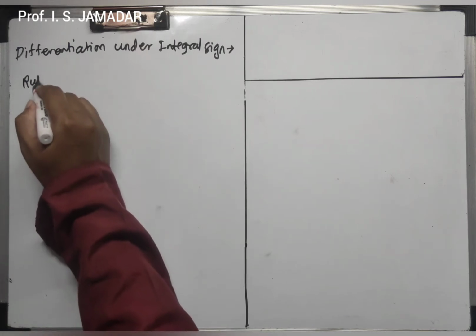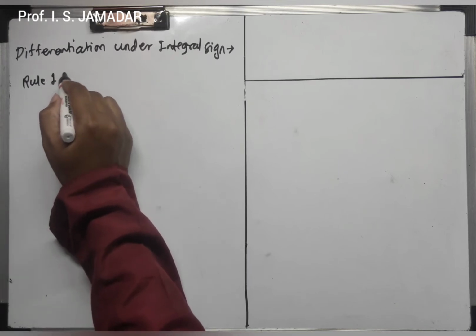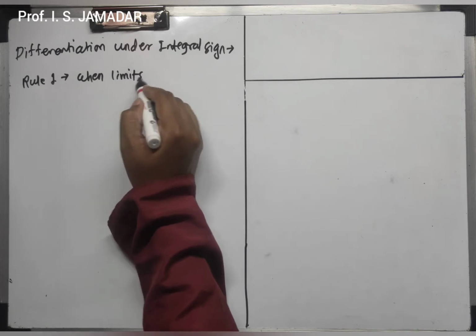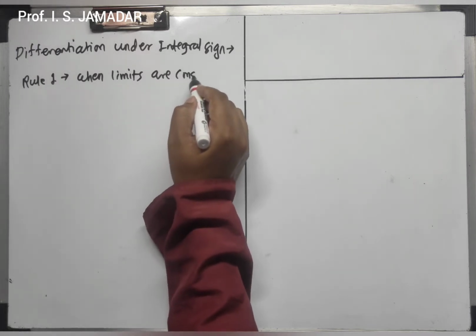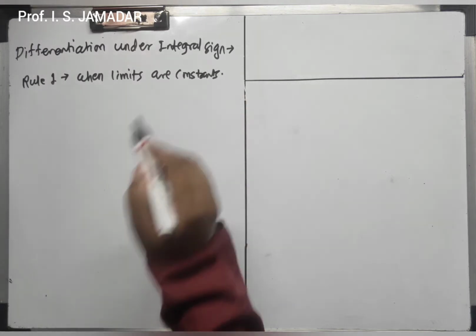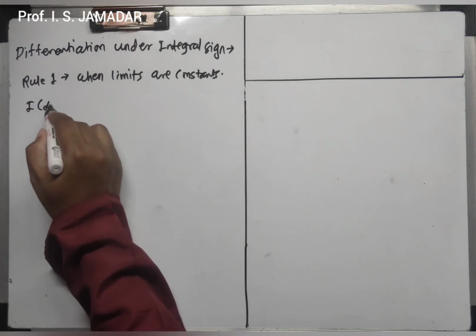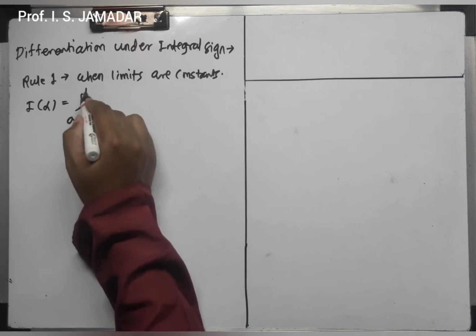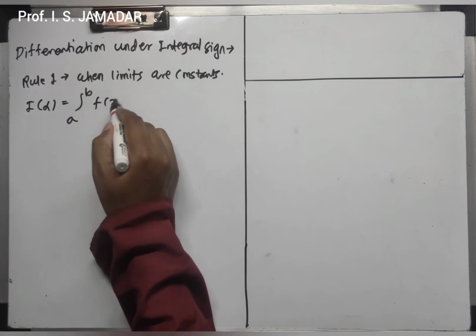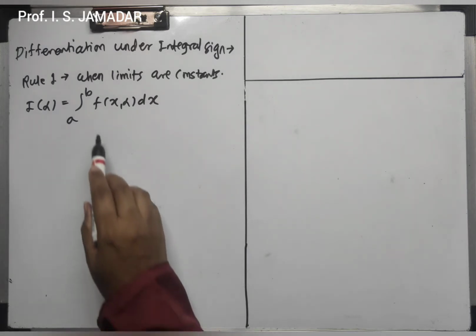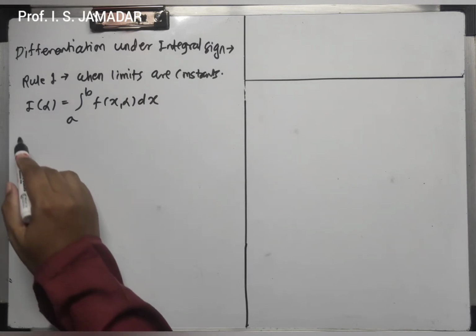Rule 1, when limits are constants. Suppose if you have I of alpha is equal to integration a to b f of x alpha dx, then